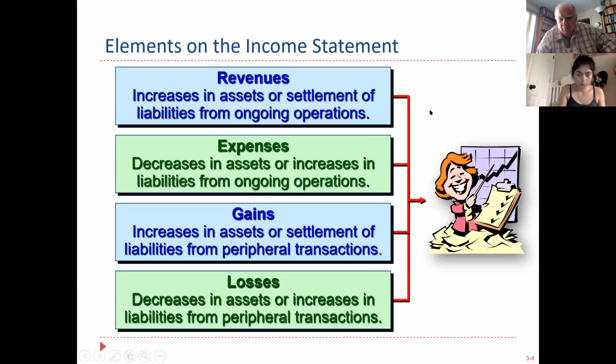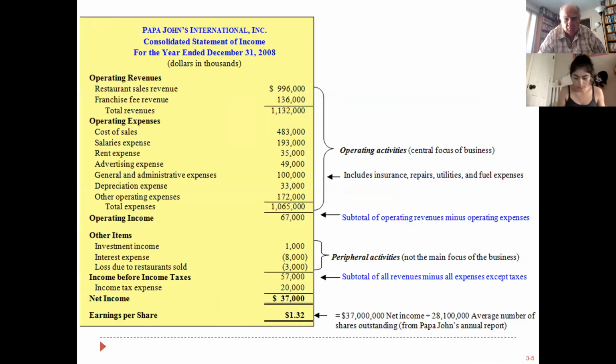A gain or a loss are things that affect income, but not operating income. For example, you have sales, then you subtract your cost of goods sold. That'll give you what's called gross margin. I'm getting a little bit ahead. Then you subtract the expenses that relate to the core business and come up with net income. But maybe you made money by selling a fixed asset or something. Maybe you discontinued an operation. Those things have nothing to do with the running of the business and are called gains or losses afterward.